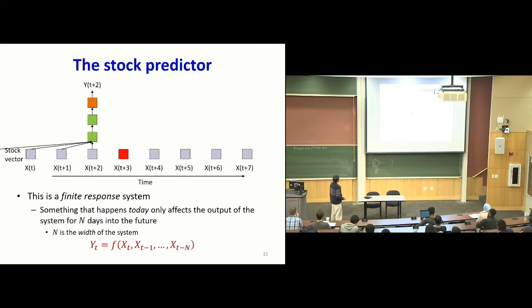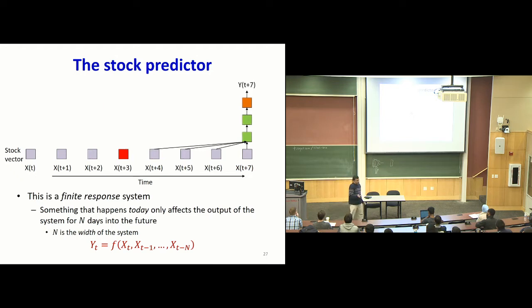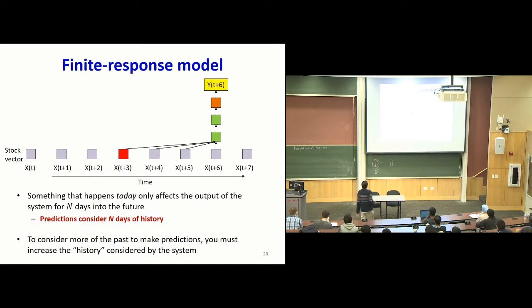So if you were to consider what's happening at this red block, observe when the input at this instant actually affects the output. At this time, it doesn't affect the output. Now it does, clearly. Now it does. Now it does again. Now it does again. And now it no longer affects the output. So as your analysis slides forward, the window of time over which any given input affects the output is very short. So a prediction at any time only considers a finite window of history, right?